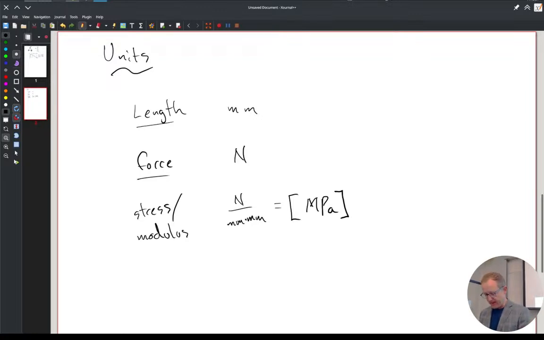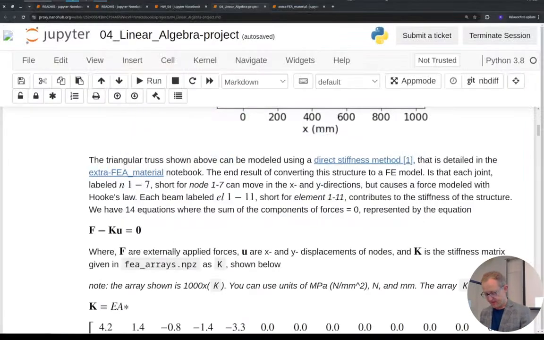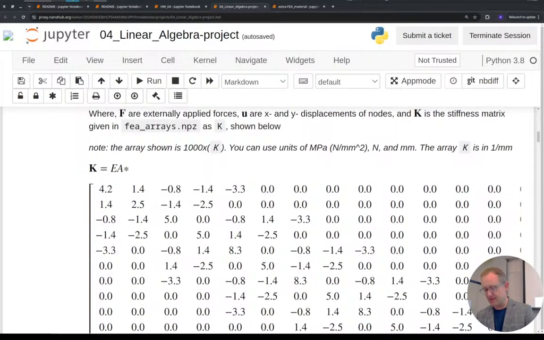So when you're plugging in E is 200 gigapascal, it's 200 E3, not 200 E9 for these results. If you want to jump into American units with pounds and inches, PSI, KSI, just make sure you convert this K matrix,